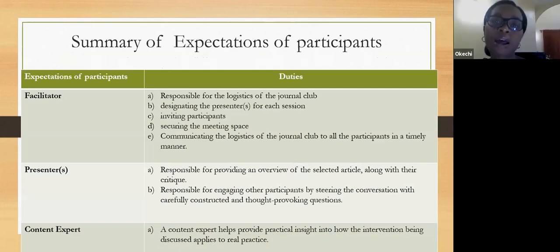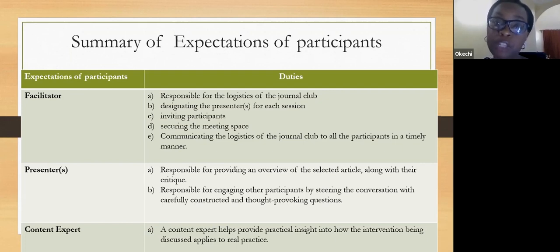Okay, what are the expectations of participants, assuming you have to float a journal club? One, a facilitator will have to be provided. The person has to be named who will be responsible for the logistics. I know that since we've been holding our meetings on this platform, some people have been at the helm of affairs, responsible for the logistics of the journal club,